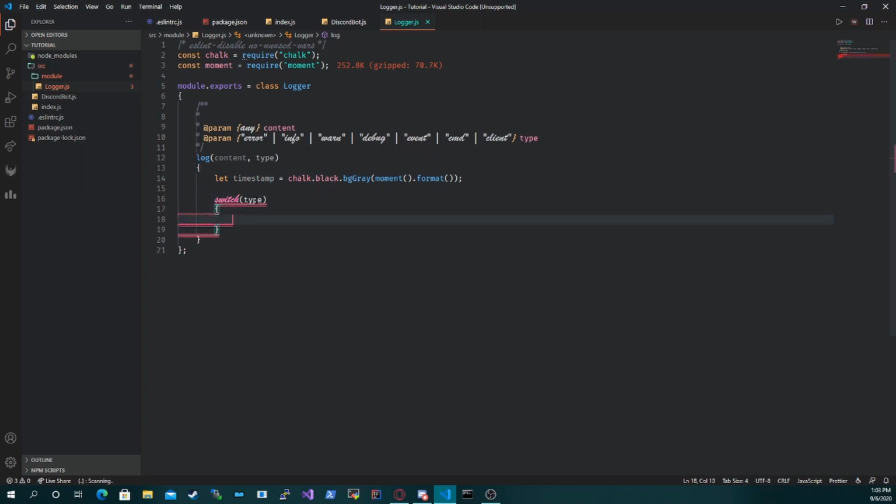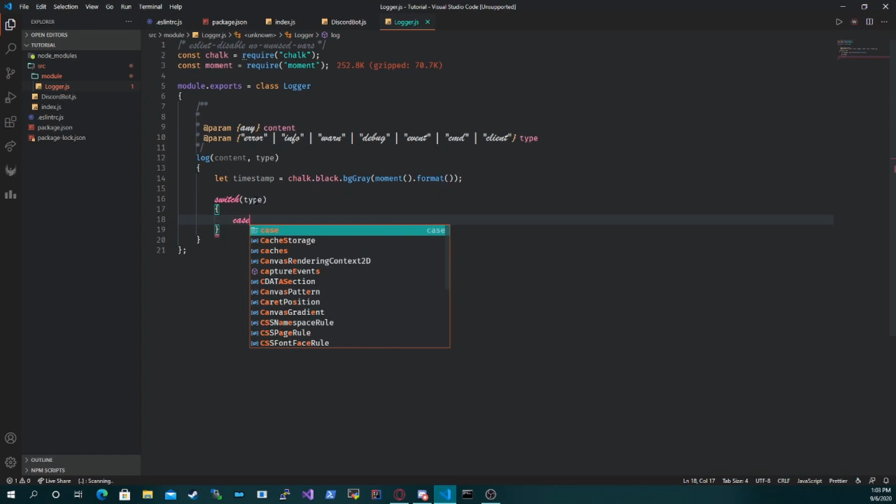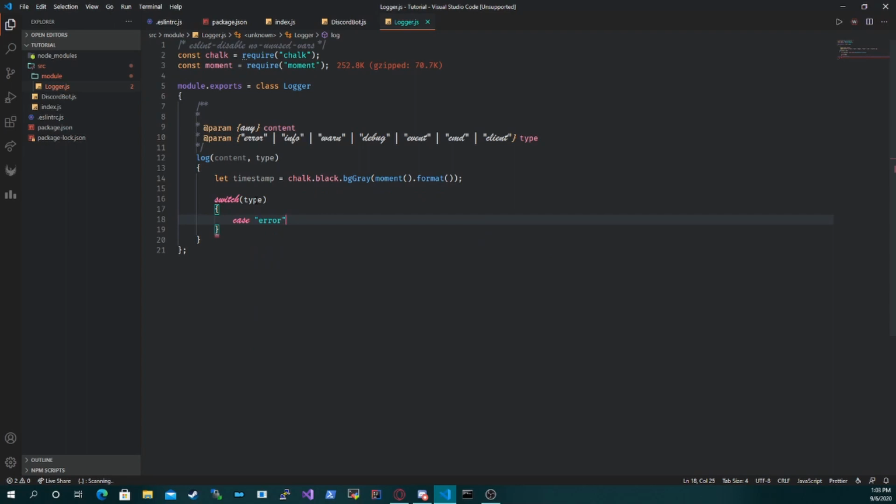You should understand what a switch case is. This is kind of basic stuff. But a switch case here is essentially, how do I say it? It's like an if statement, like an if else statement here. So we have error here, and this is going to be return